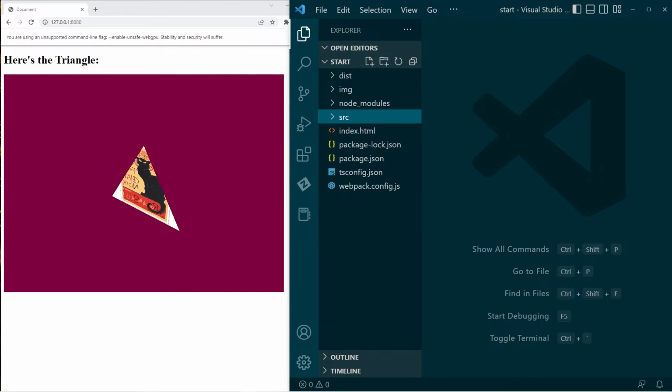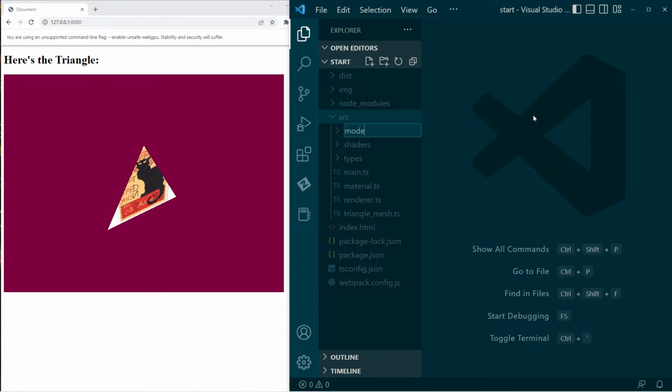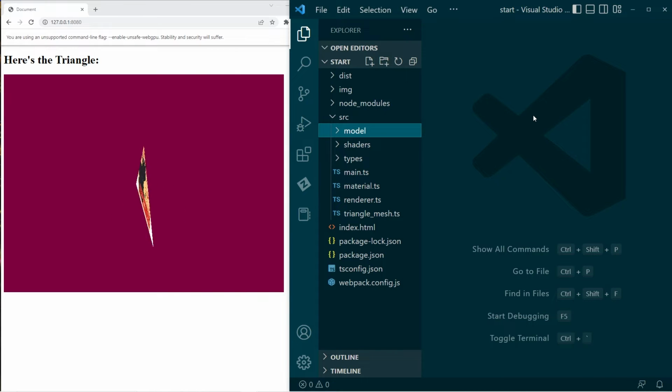Okay, so to start with, like I said, we're going to refactor this, break this down into a bunch of subclasses. So we'll just go to the source folder, create a new folder, and that will be where we'll store all of our model classes. Now I'm going to take this from the bottom up. So we're going to have a scene, and then a scene will have a bunch of other classes, but I'm going to make those bottom subclasses first. Starting with, I'll make a